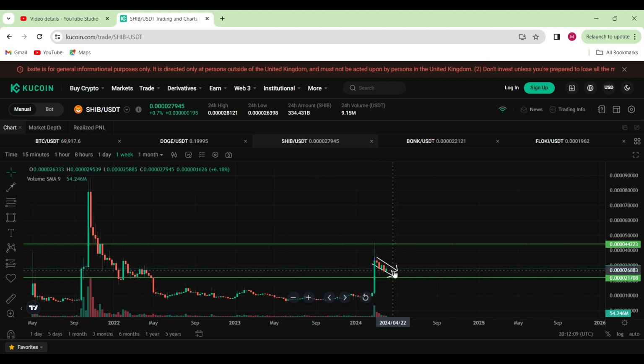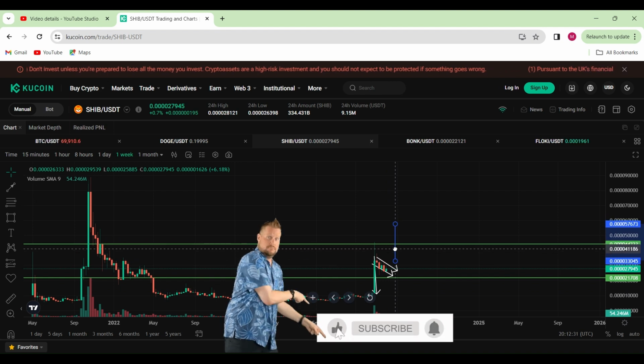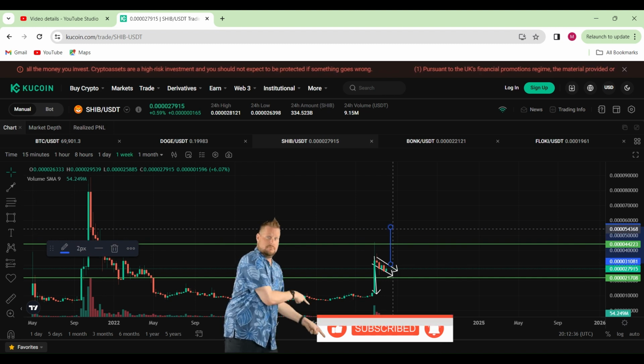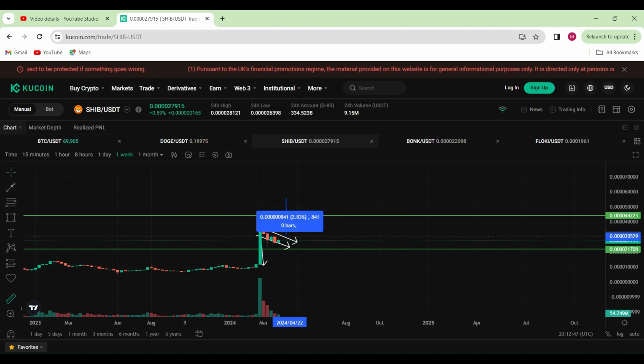Shiba Inu is one of my favorite bags, because as we can currently see from the weekly chart, we just created this bull flag over here, and that's always very bullish. It doesn't always play out, but it does play out quite often. So I'm going to measure this long candle over here to give us an estimate. From here to the breakout of the flag, that should put the price at 0.00054929. Guys, this is not too bad of a move,